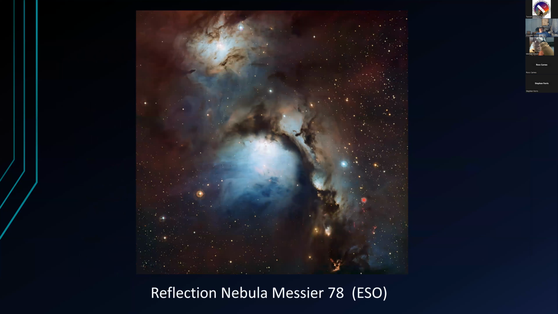So this is another example of a reflection nebula. This is Messier 78 in the Orion Nebula. I was kind of confused why most sources list this as a reflection nebula, having